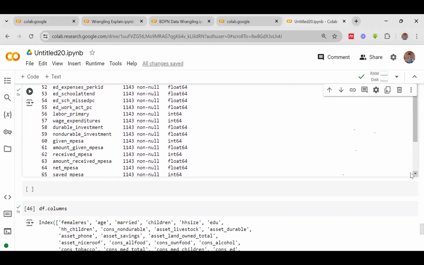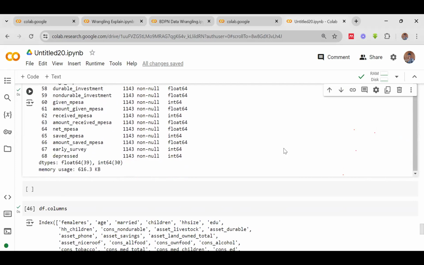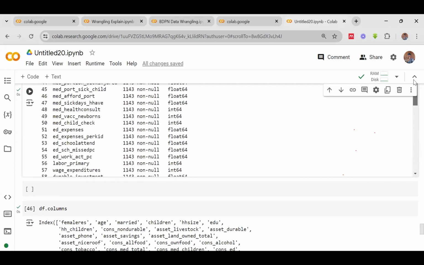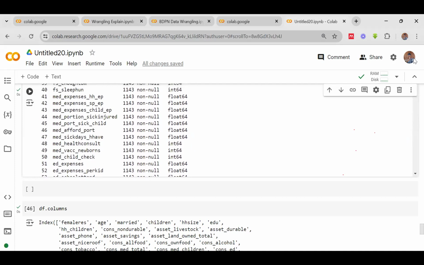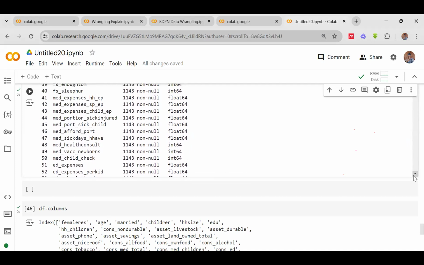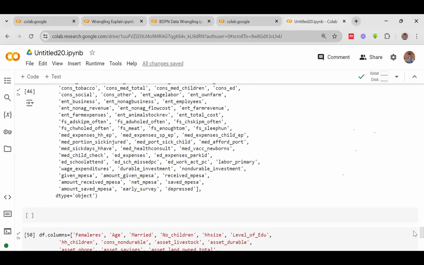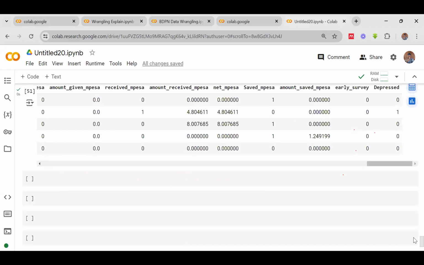You can see if we check our info here, all of them are float and integer. It means all the data we have here are of the numerical type. There is none that is non-numerical. So if all of them are numerical, then we can actually work on them using, what do you call it, a box plot. So let's use a box plot to check if there is any that contains